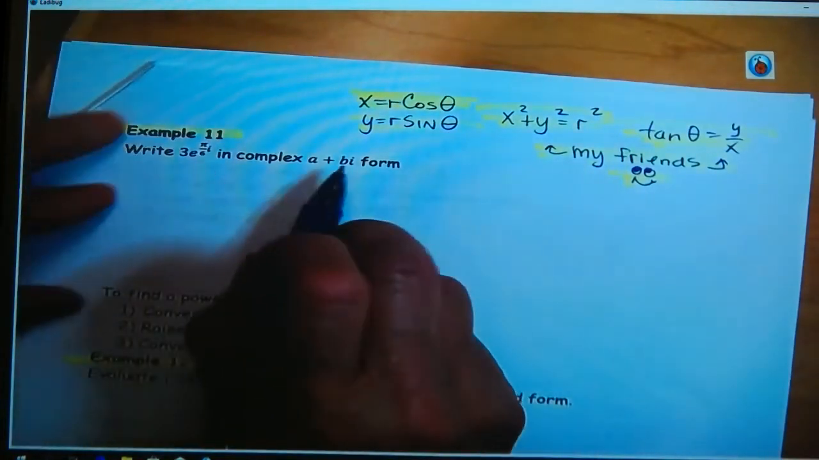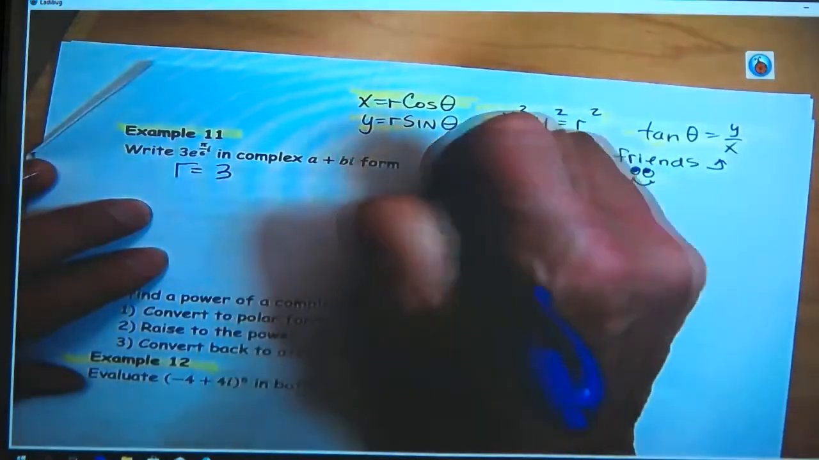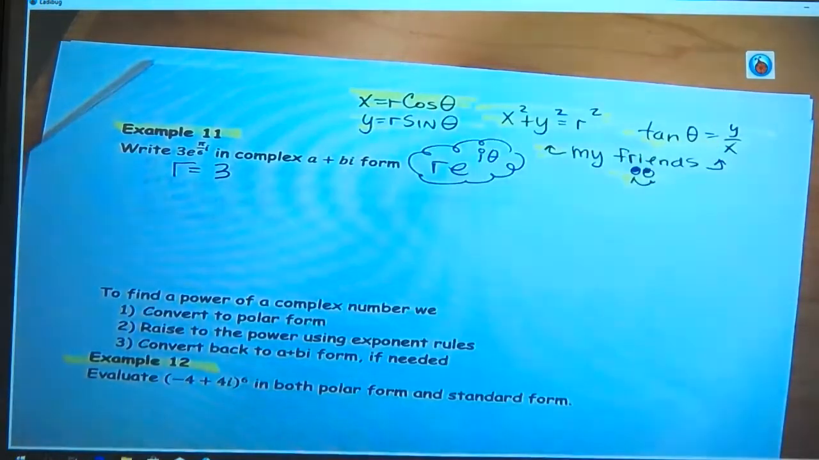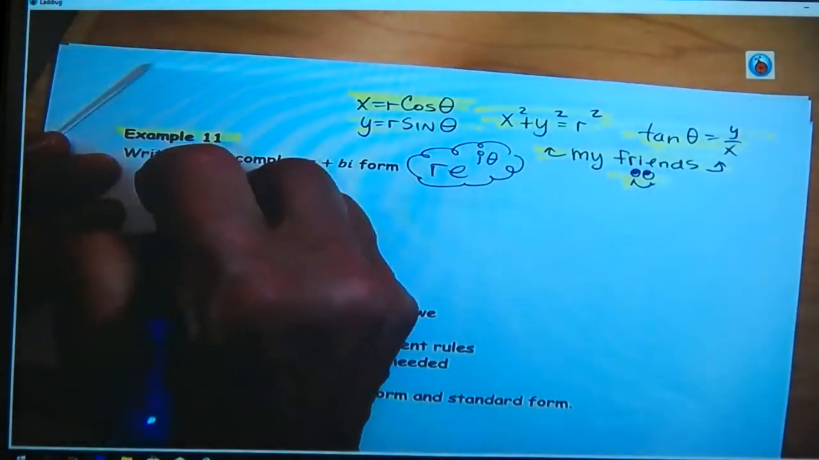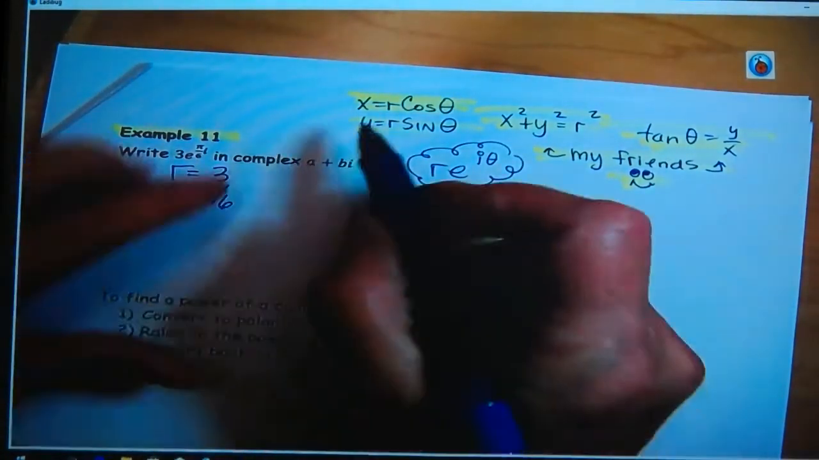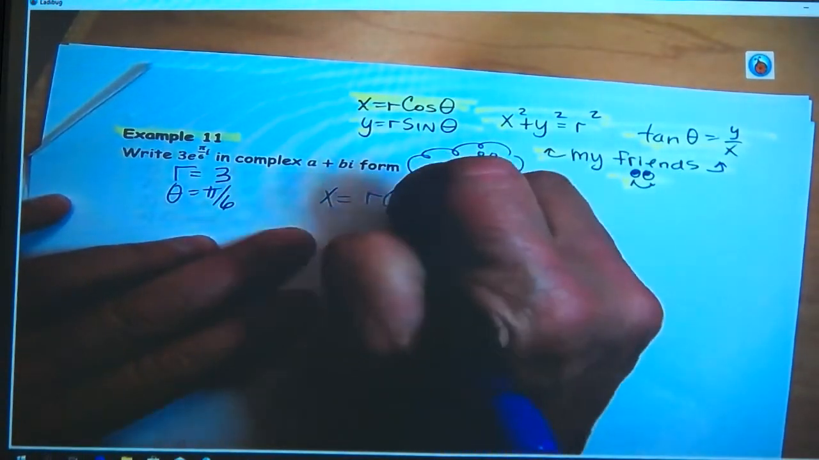So first identify what's r. It's 3. Remember, r e to the i theta, that's our other friend. So r is 3, and what's my theta? Pi over 6. So that's what you do. You just identify the r and the theta and plug them in right here. So x equals r cosine theta,